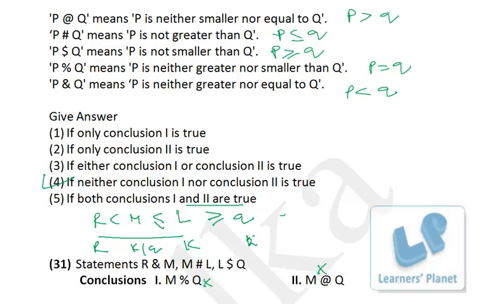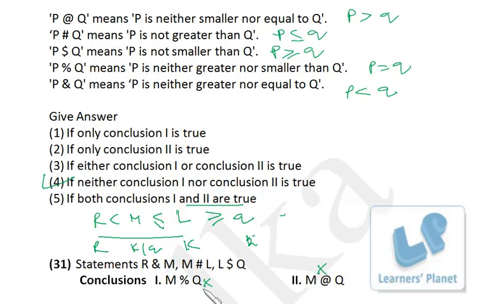So I hope you understand. You can assign the characters in the same sequence, and if the sequences are different, then no relationship can be established, right? Over here you have seen that R, M, L form a sequence and L, Q form a sequence. You cannot establish a relationship between R and Q and M and Q, right? So if you look at the conclusion and a relationship is given between an element of one sequence and an element of the other sequence, then do not try to crack it.